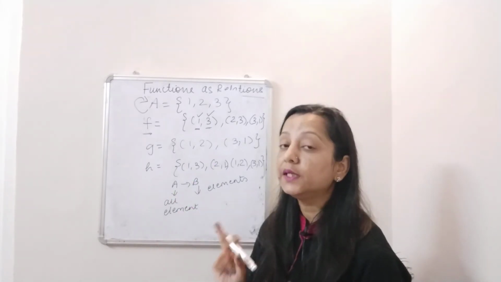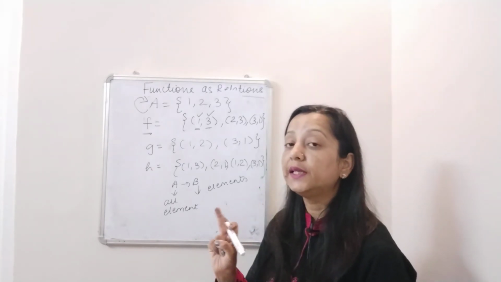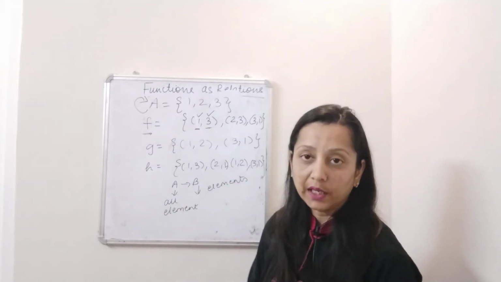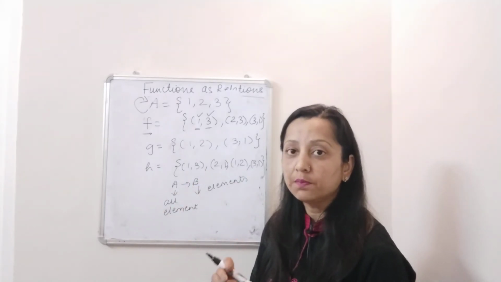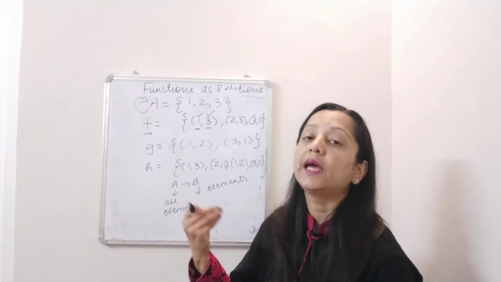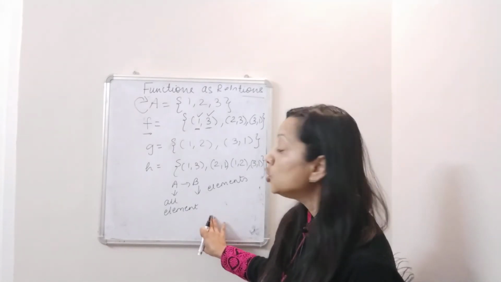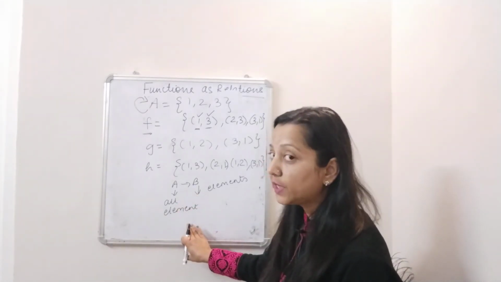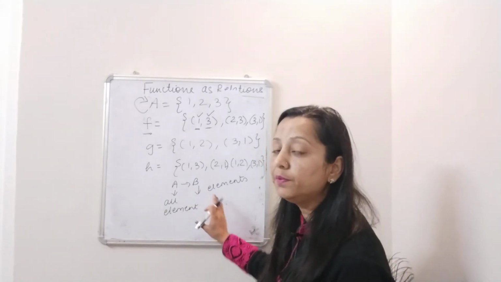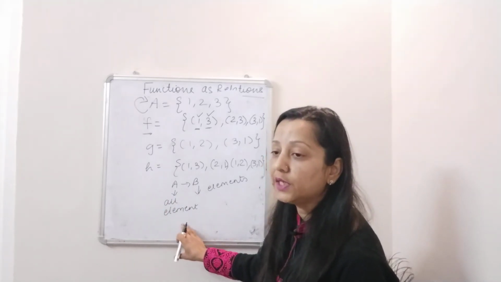It is compulsory that all the elements of set A will be assigned some value, but it is not compulsory that all the elements of set B will be assigned as a value to set A. You can miss out some elements of set B. So that means the elements of set B can be repeated in assigning values to the elements of set A, just like we saw here. So in that case, all the elements of set A will be assigned some values, and elements of set B will be assigned as values to the elements of set A.